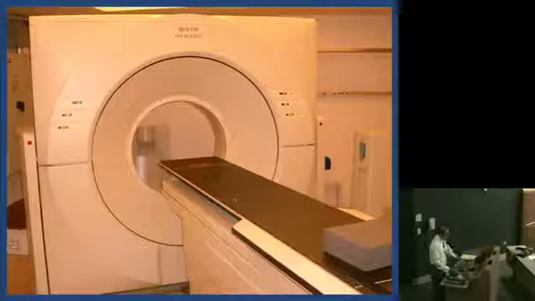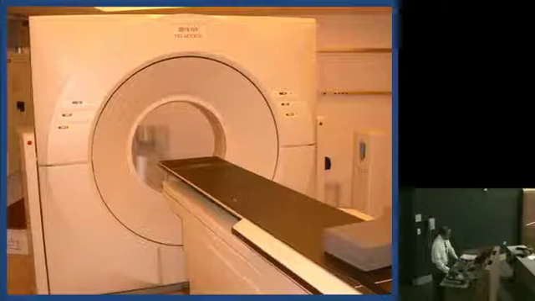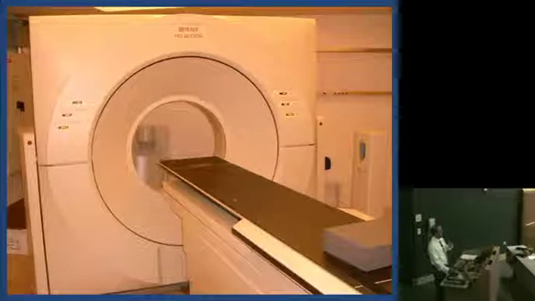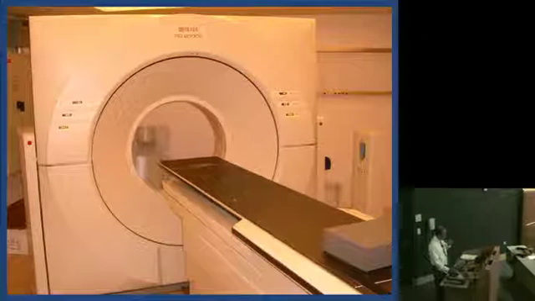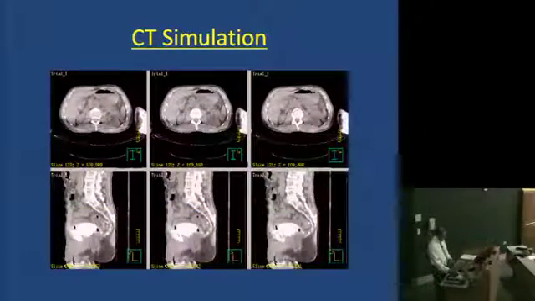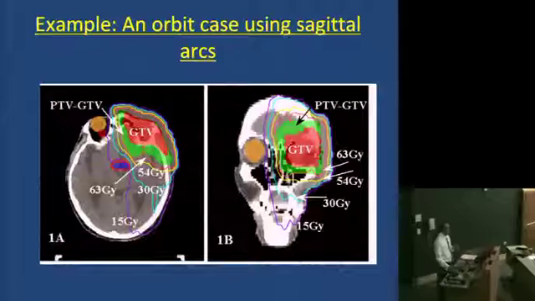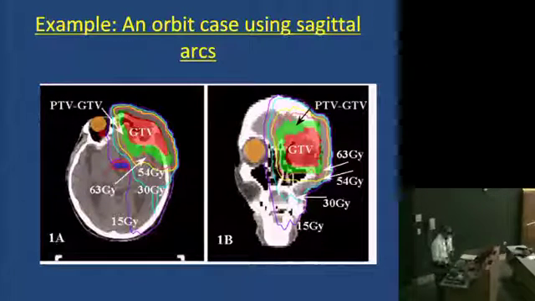Just to go over the steps of the process of radiation treatment, when the patient comes for radiation treatment, the first process is planning. And in order to plan these patients, we scan these patients. So we have several CT simulators in our department that have special features for planning purposes. Once the patient is scanned, so these are some of the scans of the patients, we will draw the volume that we would like to treat on these patients. And after the volumes are drawn, the physicist runs the isodose plans for these patients.